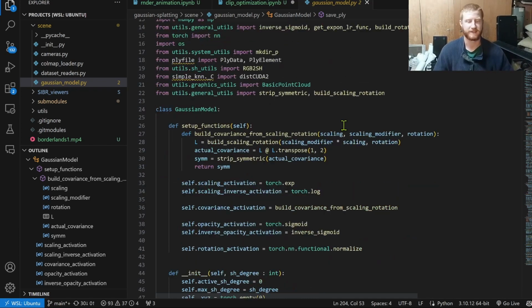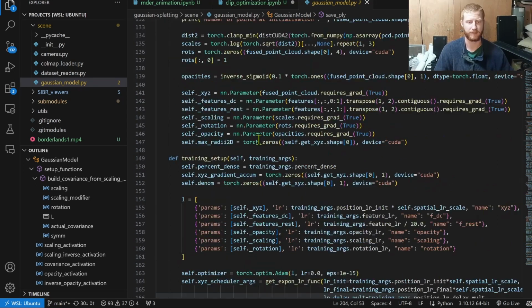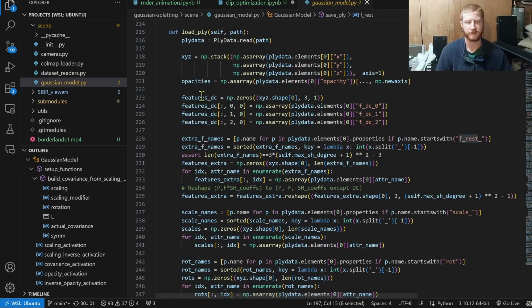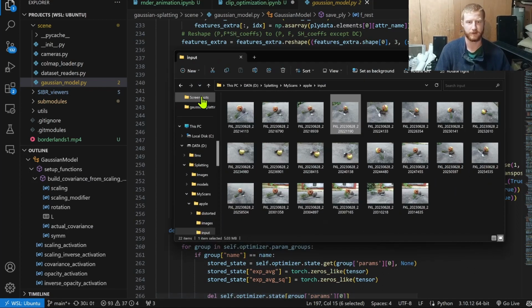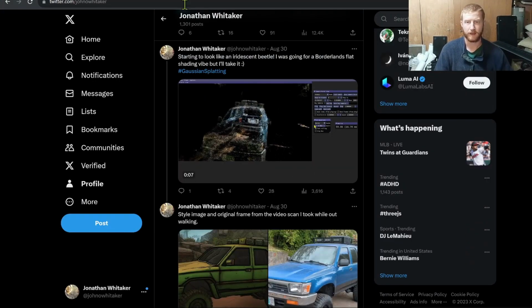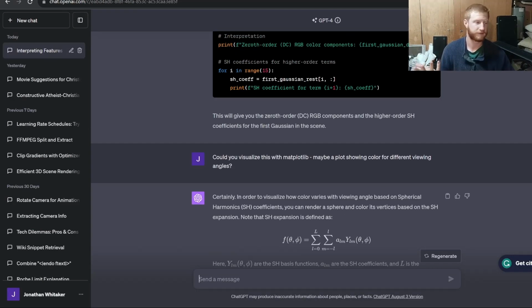Don't know how that ties into graphics. So I looked in their function and found where they were loading up something that had previously been saved, and I found all of these variables being set from some function. So I just copied and pasted a chunk of this code into this GPT-4, and I said, hey, here's a bunch of code that I'm